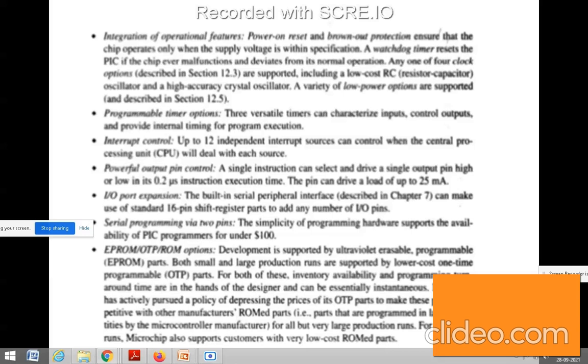For very large runs, Microchip also supports customers with very low cost ROM parts. So designing these types of memory devices will lead to more cost, and the manufacturers have many competitors for designing this type of